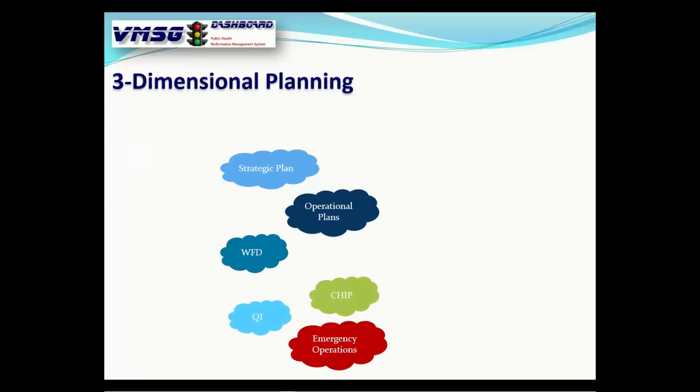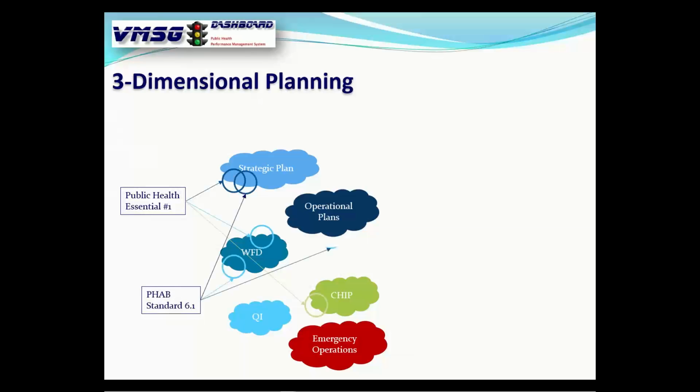Three-dimensional planning. I mentioned that there's the ability to categorize things against a specific set of categories and subcategories. The strategic priorities are one of those sets of categories and subcategories, but there are lots of them in there. So for instance, you might want to see how we're doing against public health essential number 1. So you go in and tag through this categorization process, very simple. You tag the pieces of the plans that are related to public health essential number 1. Or in the FAB world, you want to say, what are we doing across the entire department to support